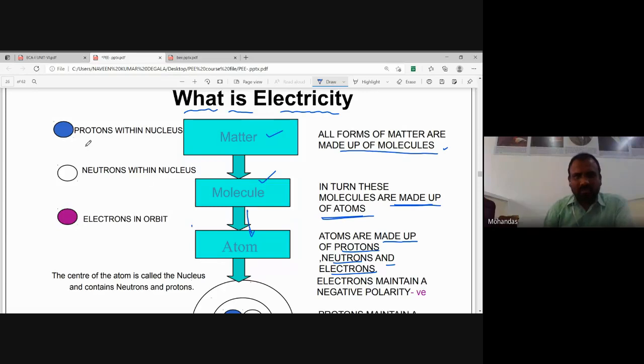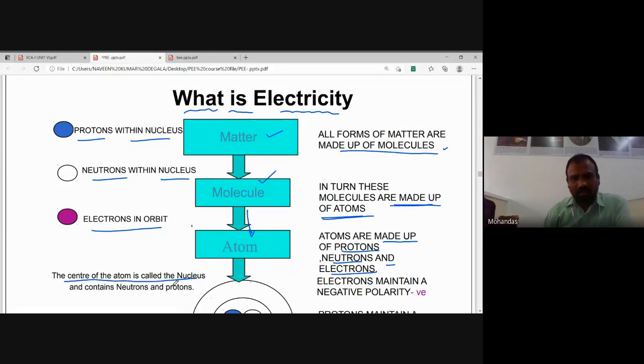An atom consists of protons and neutrons in a nucleus, and electrons revolving around the nucleus in different orbits. At the center of the atom is the nucleus, which contains neutrons and protons, according to the Bohr